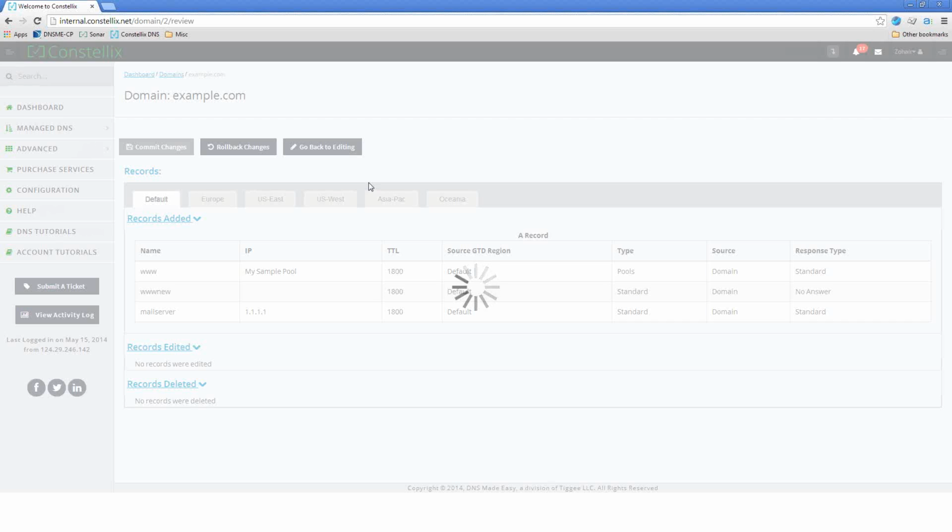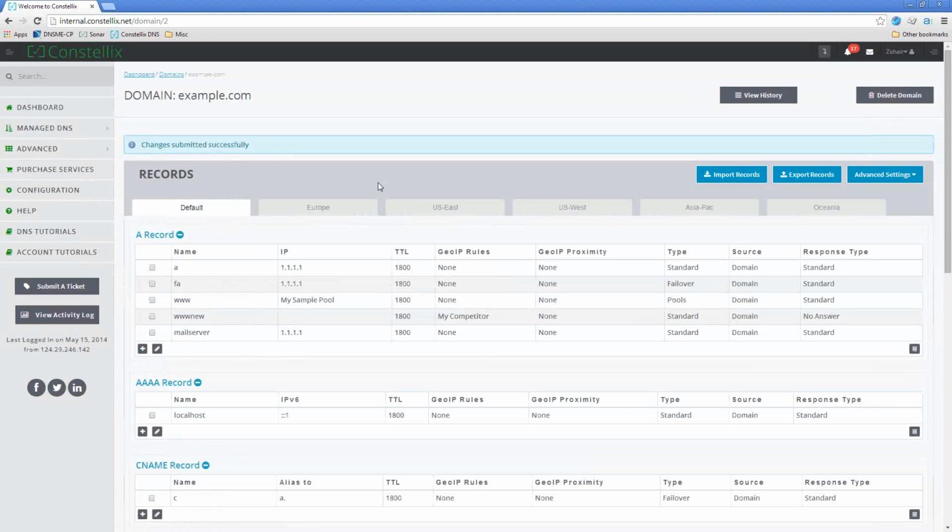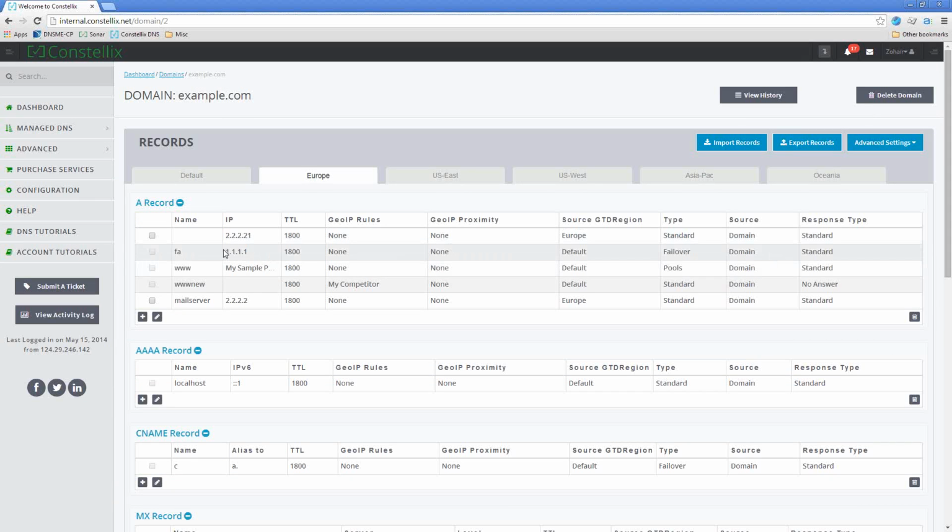And at this point, it automatically gets pushed out. It goes live worldwide to all of our hundreds of name servers that are going to be serving your DNS. As you click through the different tabs now, you're going to see that we have a different response. The source of it is coming directly from Europe,